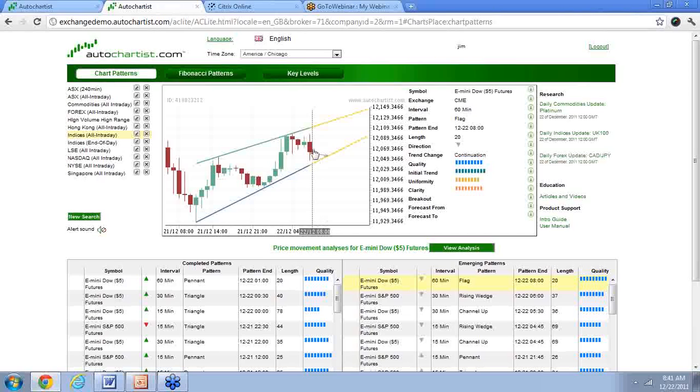In this case, you can get short early and put a stop above this point, for example, and play for the breakout. The pure breakout trader says, this chart is on here. If it gets to here, I'll sell a breakout to the downside. That kind of guy isn't going